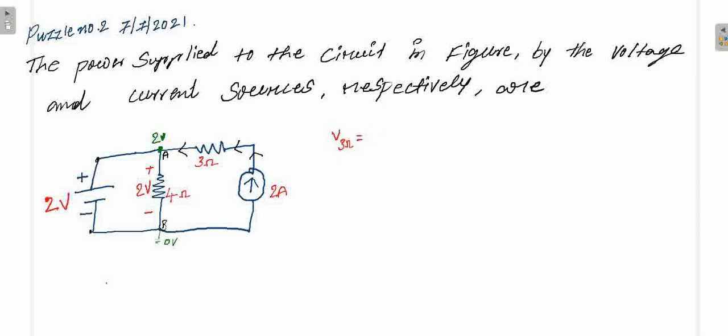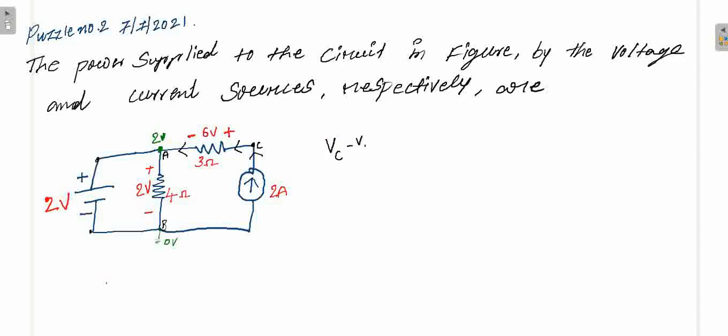Then how do we specify the polarities for your voltage drop? Always, current enters into the positive terminal. So this is your positive and this is your negative. Here the value I need to write is 6 volts. Now tell me, if I consider this as a point C, current is moving from C to A. That is, VC minus VA is equal to 6. Is it correct? Yes.